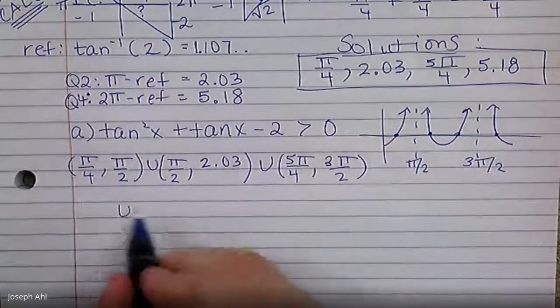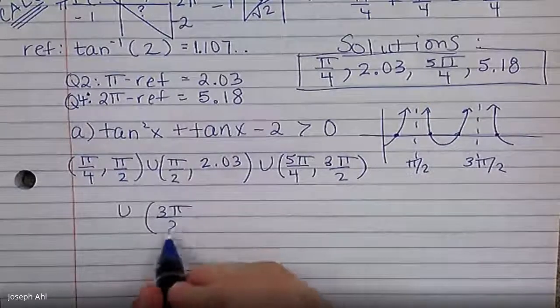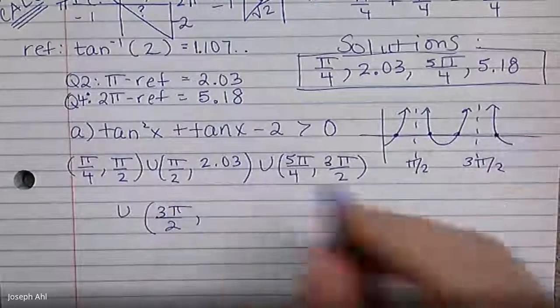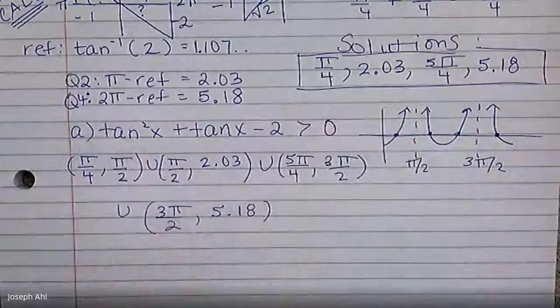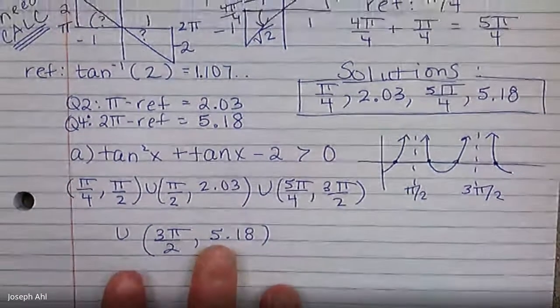And then I got to even come down to the next line here. Then from 3 pi over 2 up until the last solution, which was 5.18. And that's the solution to when this is greater than 0, all 4 of those parts. I know that's kind of a lot to put together. I promise we're going to do more practice with this in this unit, but